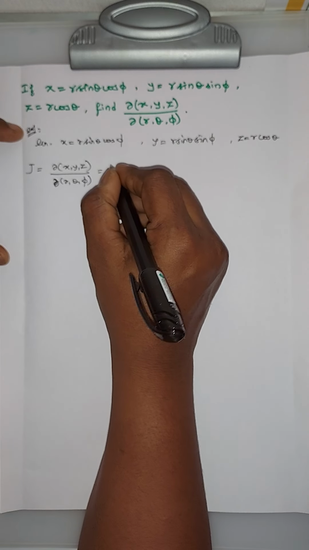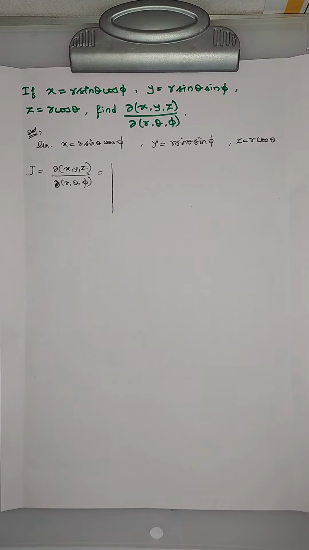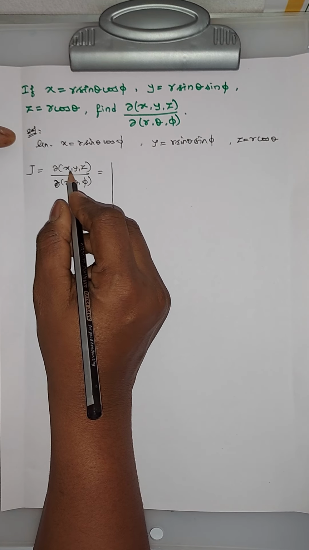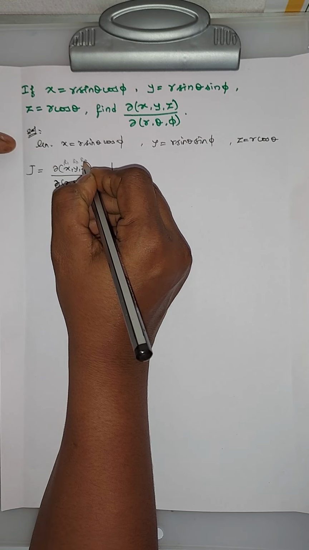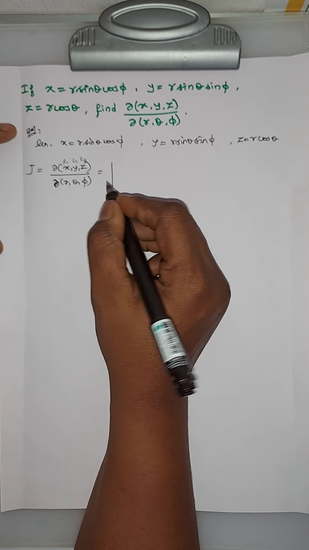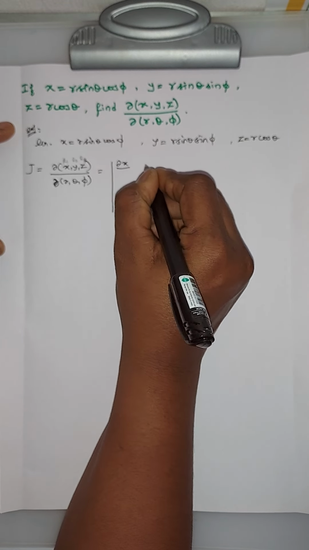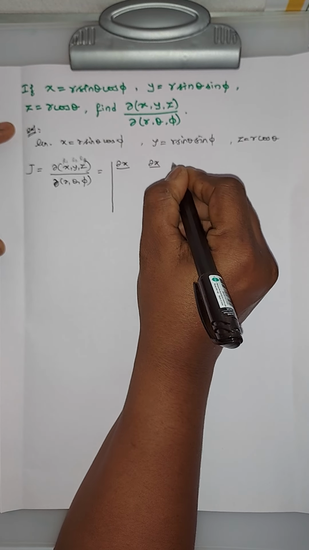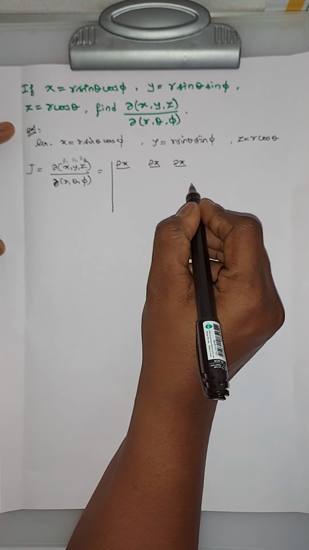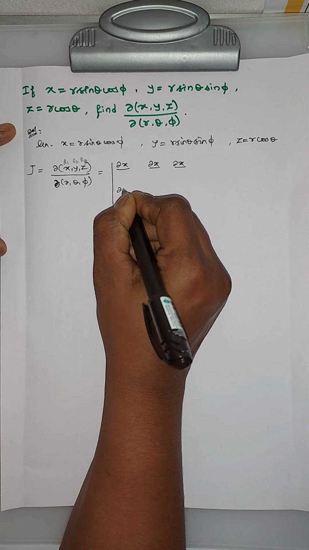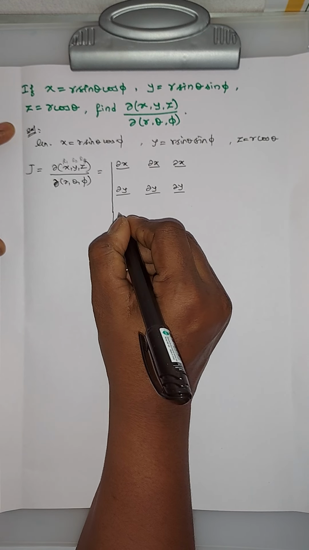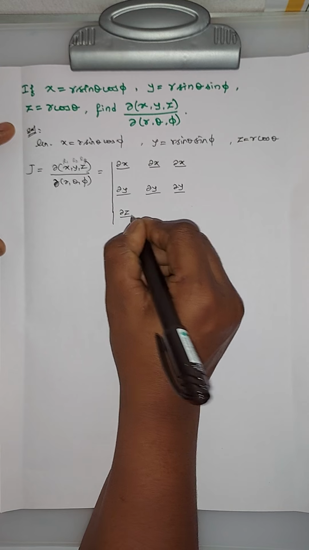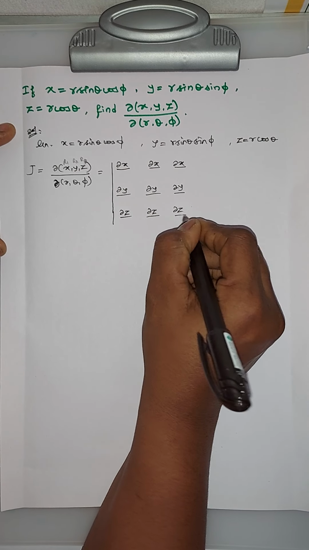Right. So the formula is given by determinant of taking those x comma y comma z as r1, r2 and r3, which means that in the first row it should be completely x, so dou x by, dou x by, dou x by. In the second row it should be completely with y, so dou y by, dou y by, dou y by. And third row it should be completely with z, dou z by, dou z by, dou z by. So